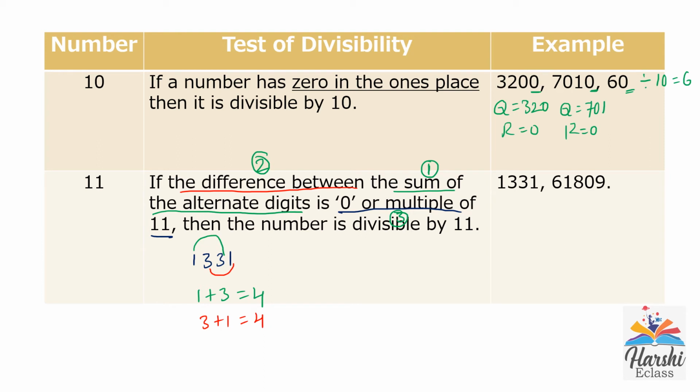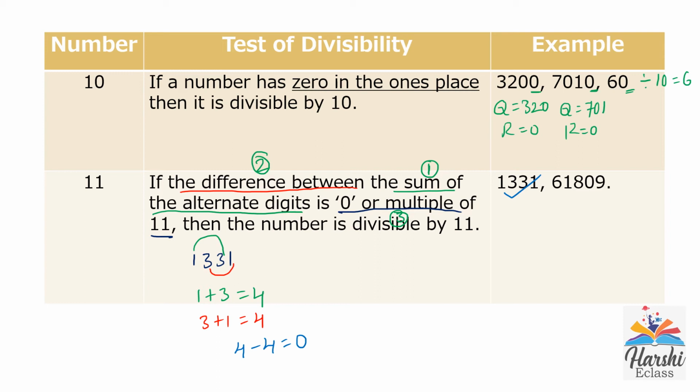Now we know the sum of these alternate digits. Next step is to find the difference between them. That is 4 minus 4. 4 minus 4 is equal to 0. Here the difference is 0. So 1331 is divisible by 11. Next example,